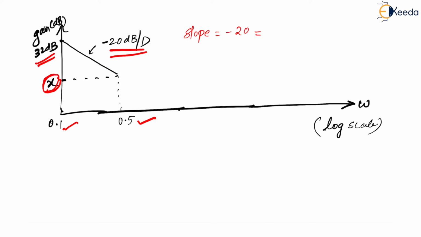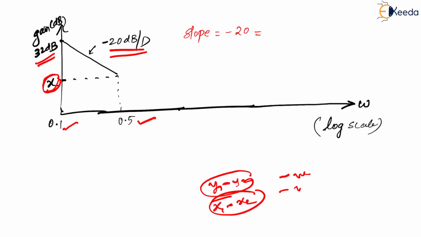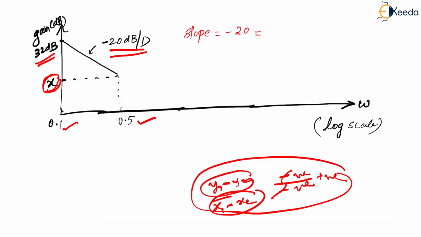Which is equal to what? If you check out, it is going to be y2 minus y1 upon log of x2 minus log of x1, right? Or you can also write it as y1 minus y2 upon x1 minus x2, right? Why? Because at the end they are in the ratio form. So even if the numerator comes out to be negative, the denominator will also come out to be negative, and at the end both will become positive. I hope you are understanding this concept, right?